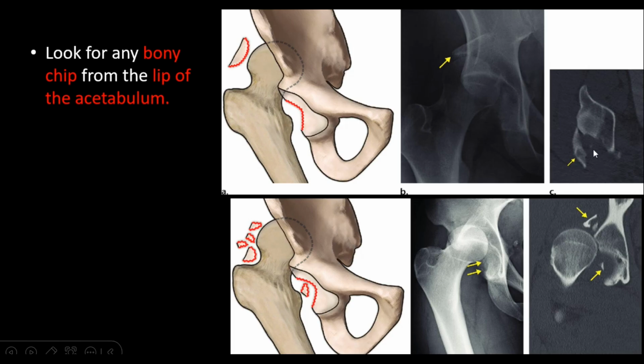But for more detail, one can go for the CT scan where one can see the size and the exact position of the chip. Now in this image, you can see there are, instead of one, multiple smaller chips, and here also you can see these small chips in the X-ray. But to get a more accurate view, get the CT scan done, and here you can see there are multiple small chips present around the joint.